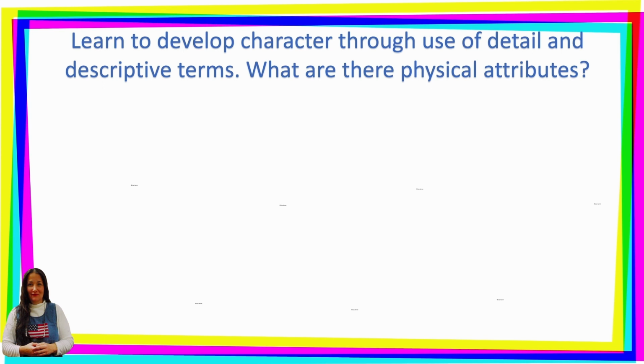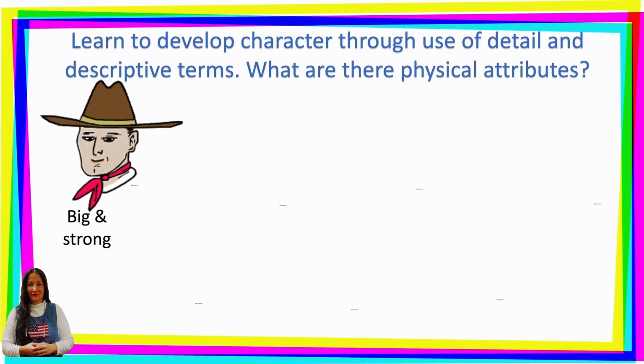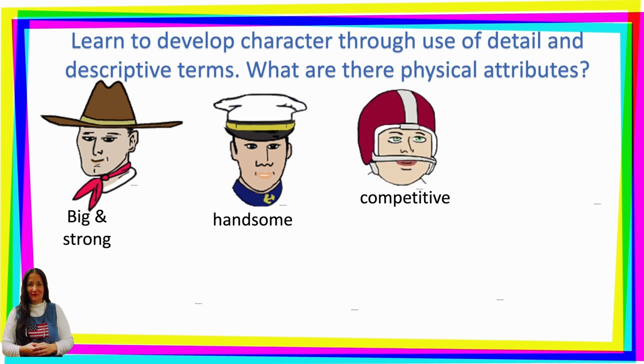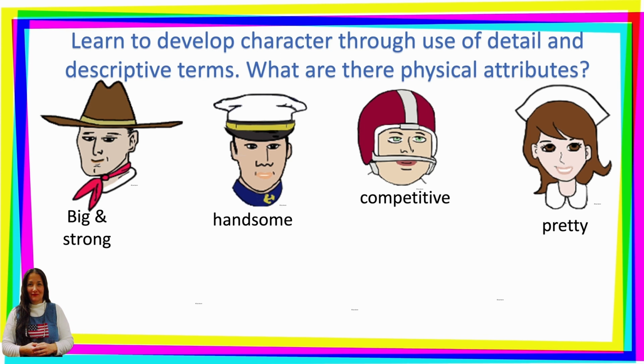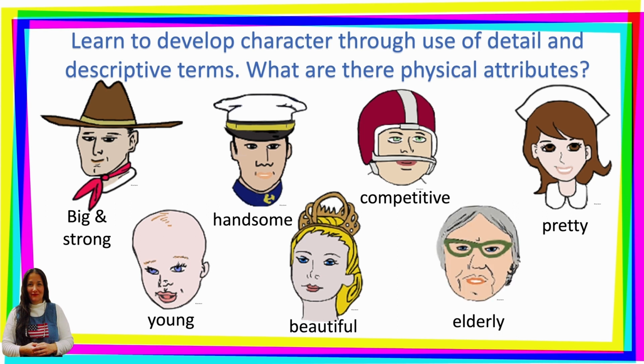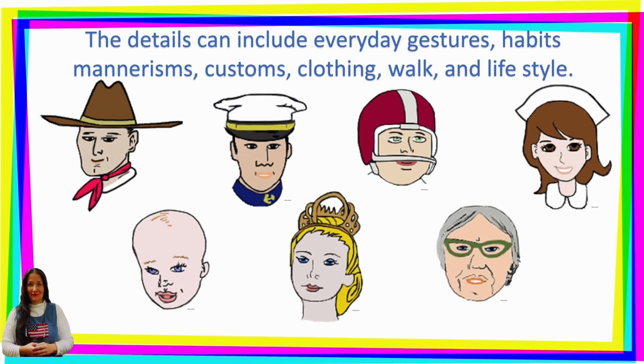What are their physical attributes and details? What are their physical details? These are the attributes. Big and strong, handsome, competitive, pretty, young, beautiful, elderly. Do you see how I'm showing you three-dimensional characters? It's not only what they do, it's how they look. The details can include everyday gestures, habits, mannerisms,